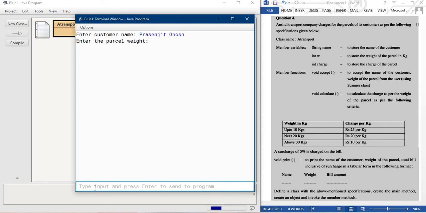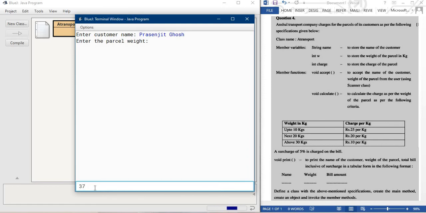Now suppose my parcel amount I'm printing 3 times: one for above 30 kg, one above 10 kg, one below 10 kg, based on the criteria. Suppose my weight is 37 kg.